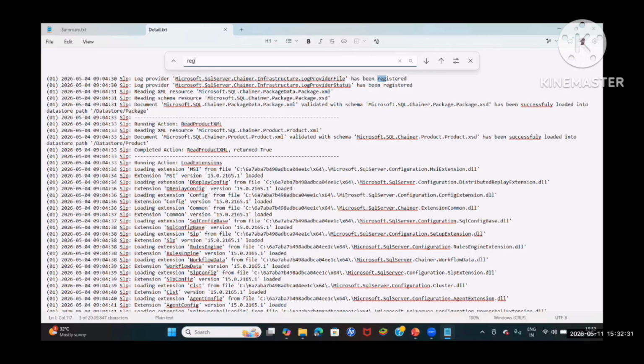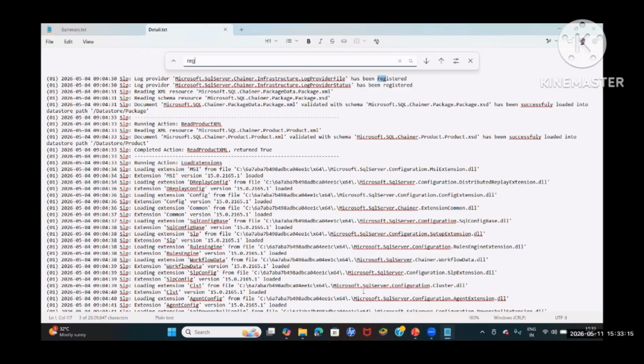Sometimes missing registries, sometimes missing DLLs, sometimes access is denied, sometimes antivirus is blocking you. I will tell you two or three scenarios in a troubleshooting session on why our installation failed. Then you will get a better idea and you will become stronger. But you need to read, and again I'm telling you, you need to read